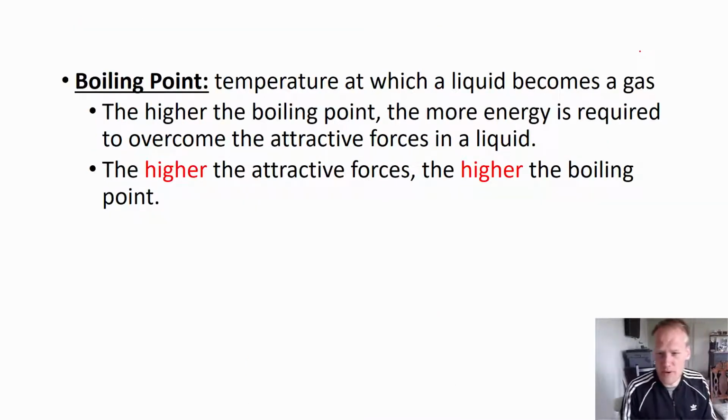And this affects boiling point. I know a lot of times we associate boiling point with heat, okay? But boiling point is basically the ability of that liquid to overcome the atmospheric pressure. The vapor pressure needs to overcome the atmospheric pressure, okay? That upward push has got to be greater than the downward push of the atmosphere. So the higher the attractive forces, the more that liquid wants to stay together, the higher the boiling point. That makes sense. The more heat we're going to have to add to get it to boil, if those molecules are attracted to one another.